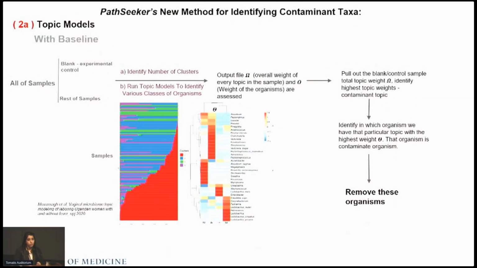So then what do you do? You go back to your whole data set, so your theta right here, and you see which of these features have the highest level in that particular topic, and those are the features that are likely contaminants. You tag those, and then if you want to remove them, you can remove them, or if you do any other forms of analysis, you can always keep in mind that these are potentially contaminant